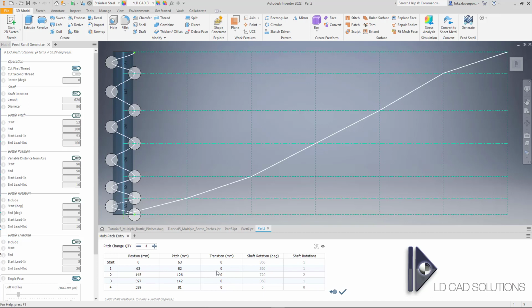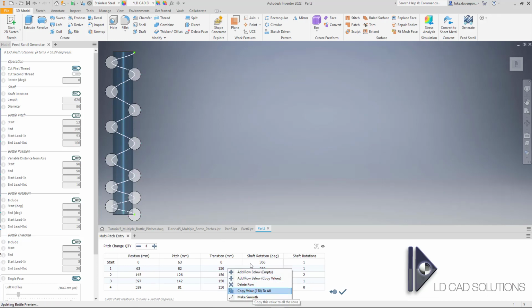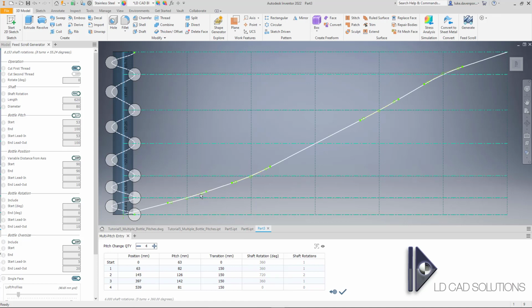We mentioned this earlier in this video, but just a reminder, at the moment we will get these precise pitches between the bottles that we're after from the Excel table that we looked at. If we were, however, to enter transition values higher than 0, let's for instance enter some transition values of maybe 150, and then if I right click here and copy the value to all of them, then we've introduced these spline curves